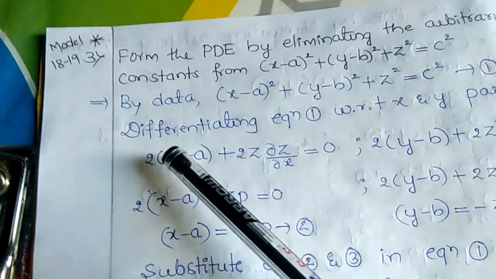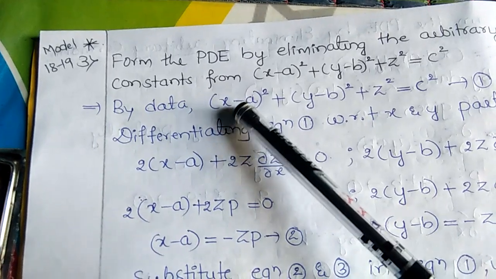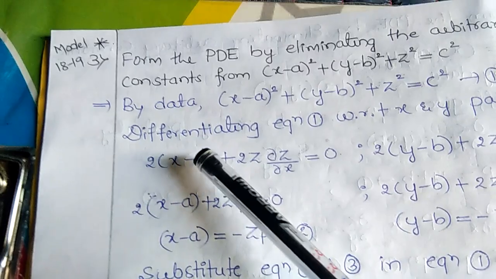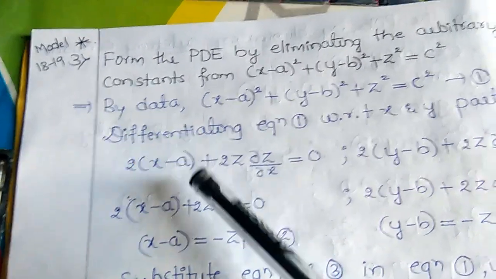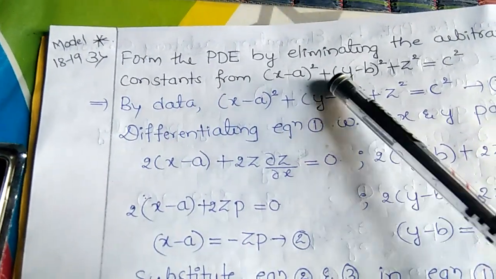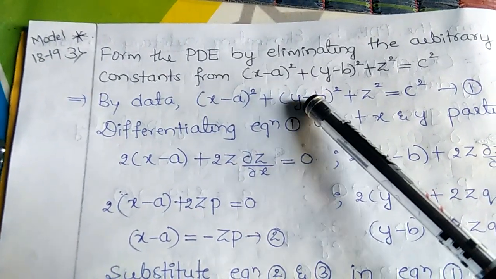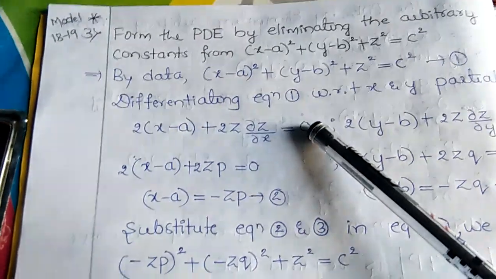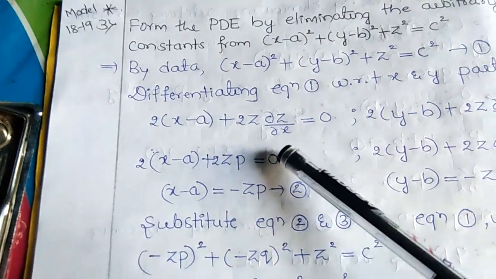So first term, differentiate with respect to x, it is in the form x raised to n. What is differentiation of x raised to n? n into x raised to n minus 1. So n is equal to 2 means 2 minus 1, 1. Plus second term, as it is with respect to x, y is treated as a constant. Differentiation of constant term is 0. Plus z square is 2z into dou z by dou x, which is equal to 0. We know that dou z by dou x is equal to p. So which is equal to 0.